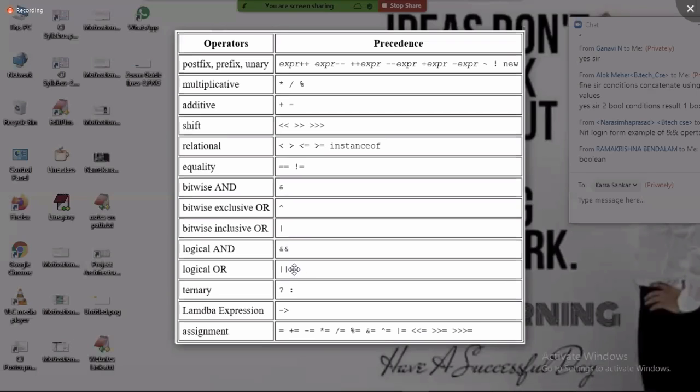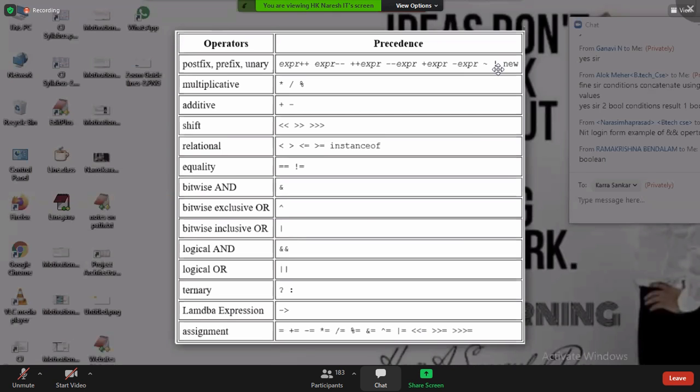For example, if you want to execute AND first, then place the AND expression in a bracket, and NOT will be outside. So first AND is executed, then NOT is executed. Now, if I first want to execute OR, then place the OR expression in the bracket, and OR is executed first, later NOT. Then place the OR expression in the bracket, and outside you write NOT. So this is how you have to work with logical AND, logical OR and logical NOT. I hope you got clarity.